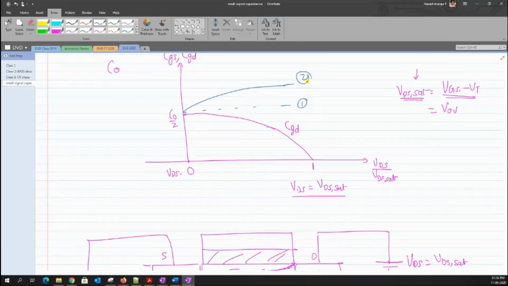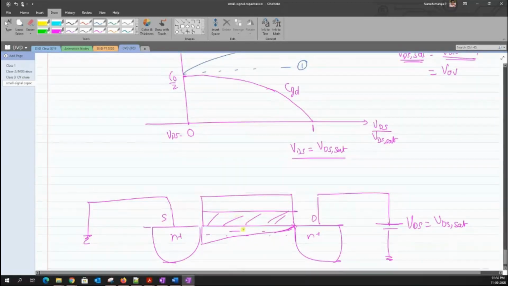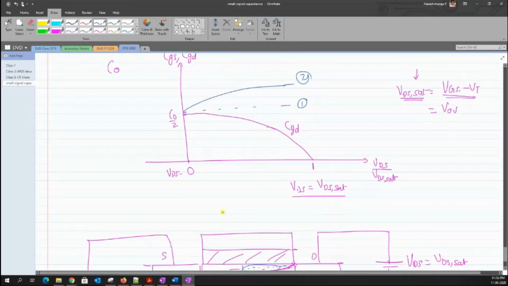Okay. Because when I say half, it's fine, but there are some electrons that are sitting here, so they also get added to this capacitance. The pinch off is happening exactly at this particular point, but still we have these charges that are supposed to belong to CGD being left over. And these leftovers would then get added to this CGS capacitance, due to which it would take the shape of 2, and the capacitance is 2/3 of the value of C0, clear?